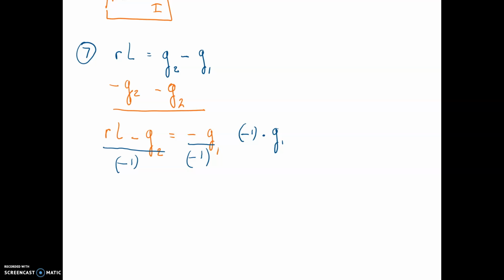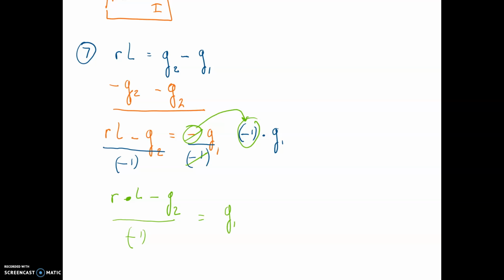You will notice that I'm using a parenthesis because I'm dealing with a negative number. Now, of course, negative 1 divided by negative 1 disappears. And if I look at the other side, R multiplied by L minus G2, everything is divided by negative 1,